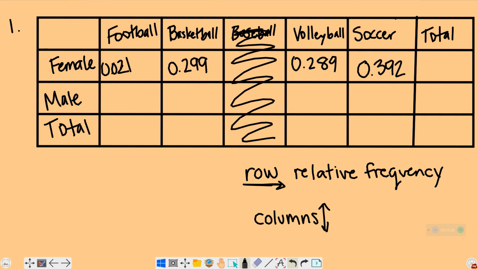Then we're going to do the males. We have 35 divided by 103, because that's the male row total. And that comes out to 0.340. Then we do 36 divided by 103, the row total, 0.350. The volleyball, 8 divided by 103 is 0.078. Soccer, 24 divided by 103 is